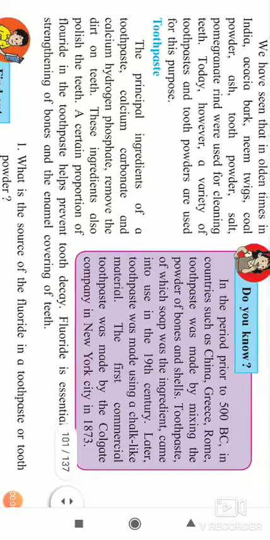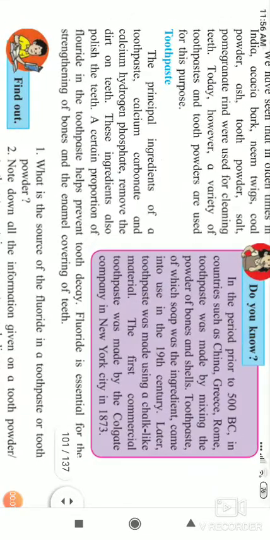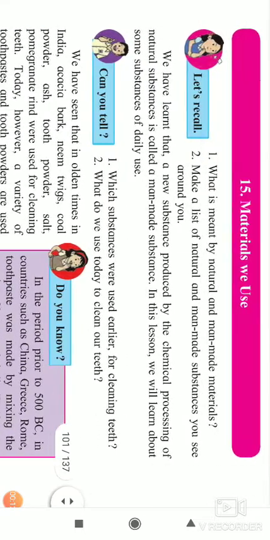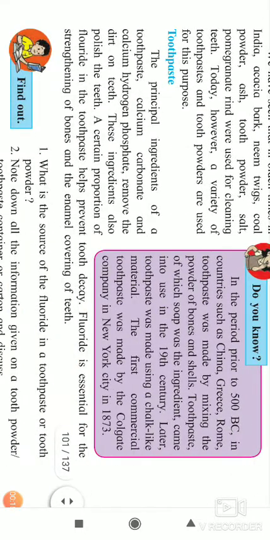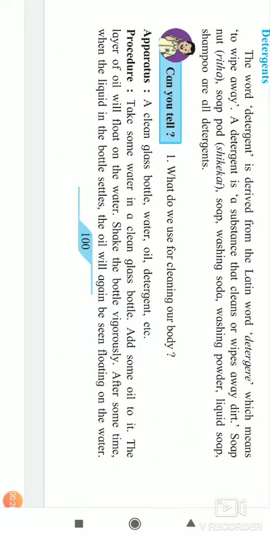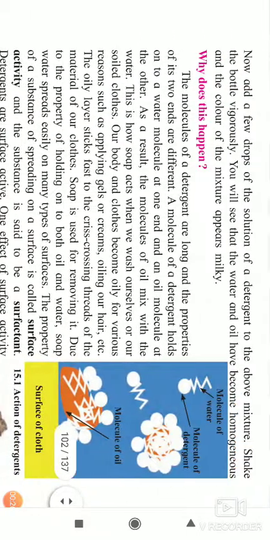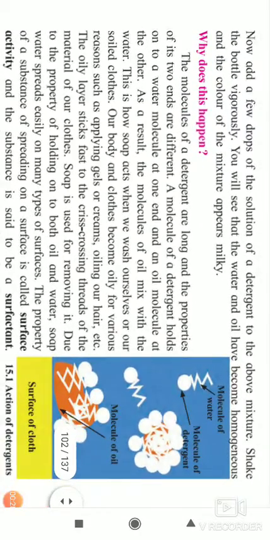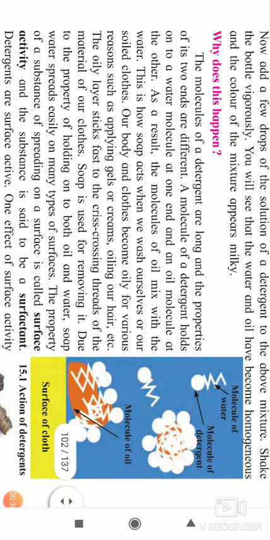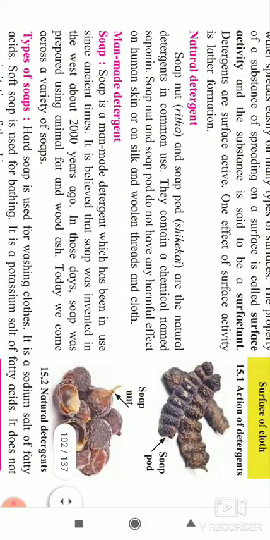Under this lesson, today we will see the last part of the lesson. Before that, we will quickly revise the new things we learned from this lesson. So, we understood how toothpaste helps to stop the decaying of our teeth, and how detergent is made, where it was discovered, and how the molecule of a detergent works to remove dirt, when one side holds oil and one side holds water, and because of it the substances are clean, or clothes get clean.